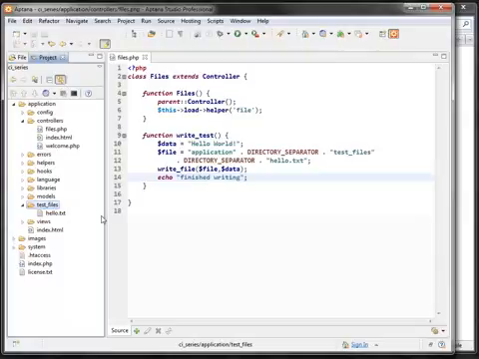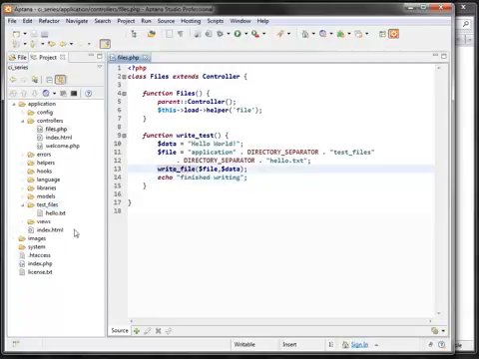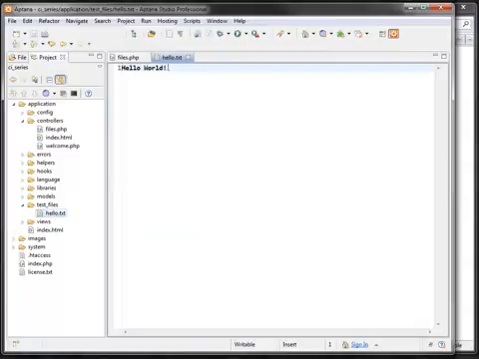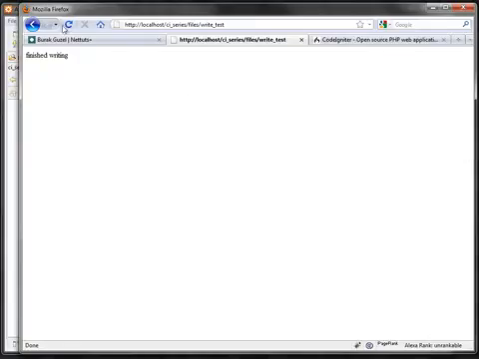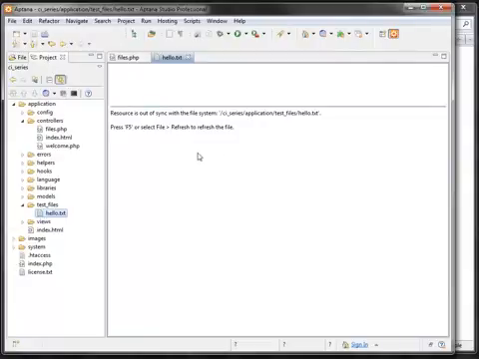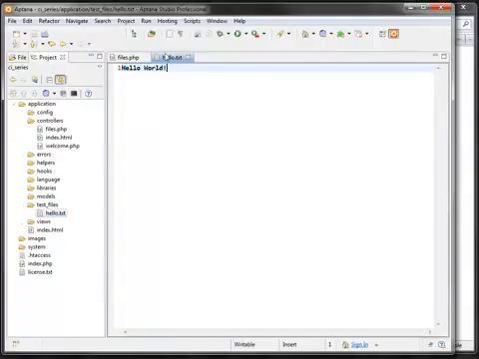So I didn't specifically have to do anything else to create the file. Just calling the write file function will create the file and then write into it. So if I open hello.txt, I will see the contents. And if I refresh the page a few times, I see that the content is still the same, but it